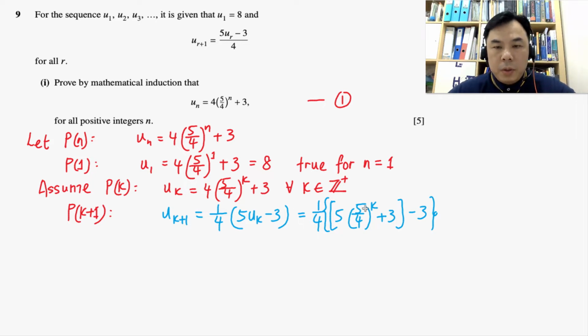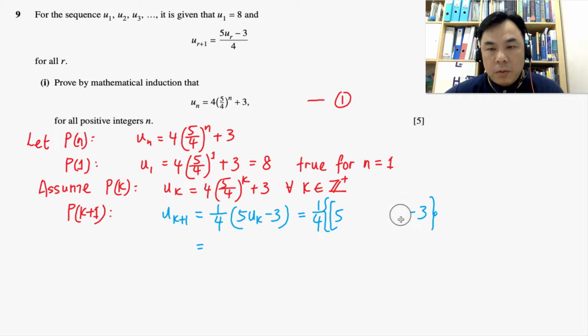Alright, and then from here we can do a bit of manipulation. You will notice that if I expand this, I should be able to get, let me see what I am getting at. Okay, did I miss out anything? Oh yeah, I think I made a mistake here. Hold on, I always miss out my 4 here. So there's a 5 over 4k, so 5 by 4, 5 by, okay, hold on,